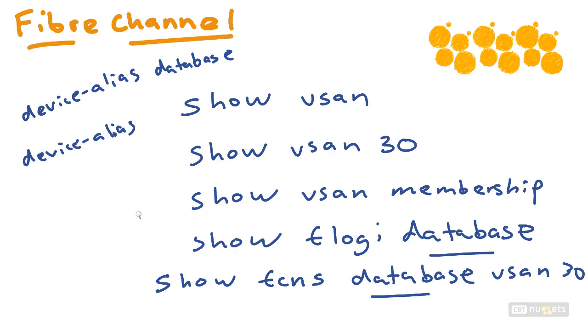So really consider utilizing the device alias feature to aid you in your verification and troubleshooting in the Fibre Channel SAN environment. Now, in order to verify your work there, just throw a show command at the beginning of device-alias database, and you'll see the hard work that you've done. Now, remember